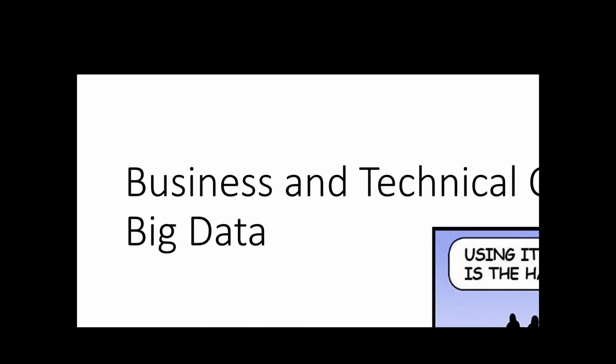The first thing I want to talk about is, I'm not going to do the whole what is big data and why is it changing the world and all of these types of things, because ultimately big data is not going to change the world. I know that might be controversial to say, but big data is essentially a group of platforms. And when we talk about the business and technical case for big data, I think the pointy-haired boss has it right. Using it is really the hardest part, and because it is a platform and it's a bunch of disparate